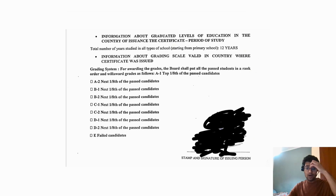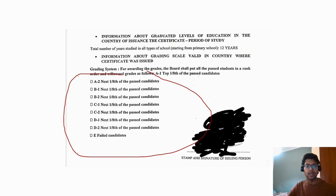And now you will have to mention something like this: A2 next, 1/8 of the past candidates. Like, you have to explain what type of grading system you had. You can just Google it and ask ChatGPT also to do this for you. But all in all, you can also use this example directly because it applies everywhere in India, because everybody gets